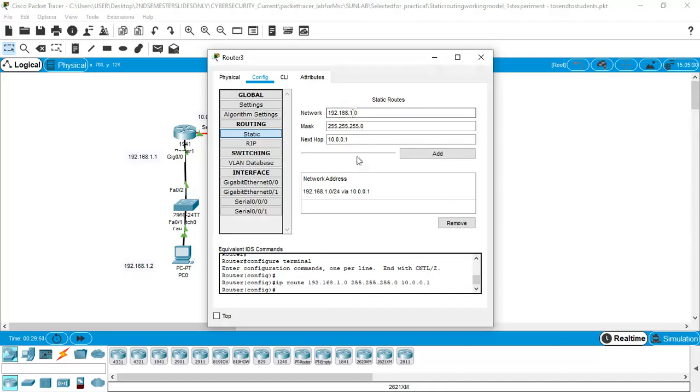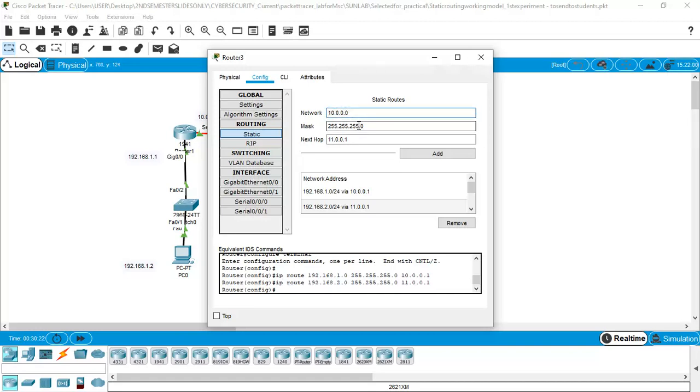Now let us consider the 2.0 network. We will add the route for 192.168.2.0 via 11.0.0.1, and we will add that one. Now the third network that we need to consider is the 10.0.0.0 network.